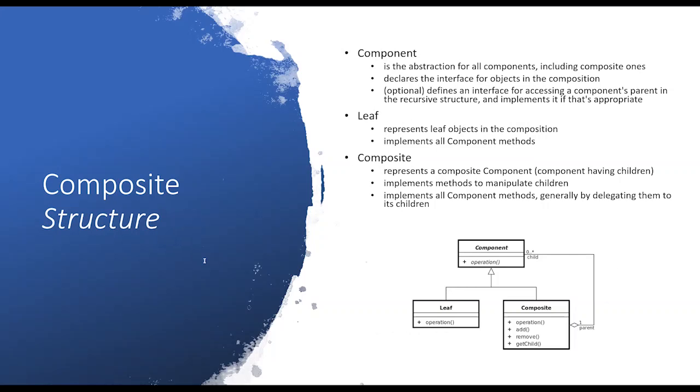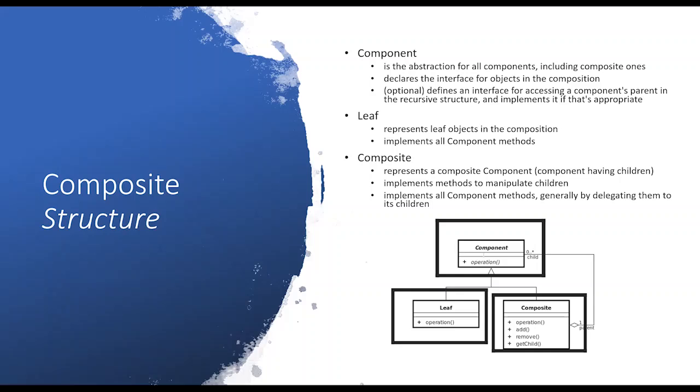This is done by defining a unified component interface, which we are seeing here. This component interface will be implemented by both our part objects and whole objects. Individual leaf objects or part objects implement the component interface directly, and the composite objects forward requests to their child components. The component interface describes the operations that are common to both simple and complex elements of the tree. So that is the intent of our component interface.